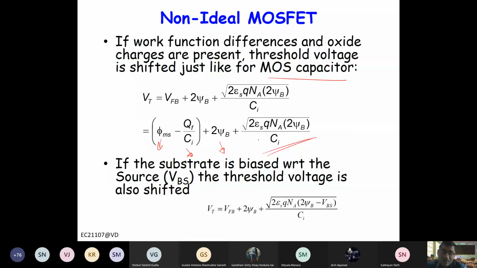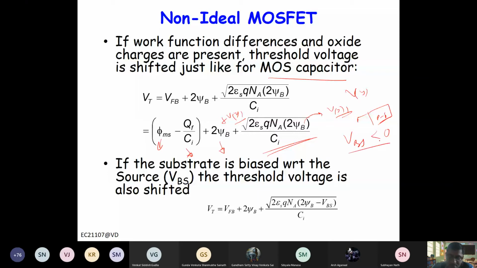depletion charge. Now, as we discussed, there is a channel voltage Vy, right? So you have plus Vy here, and you have plus Vy here. Similarly, if you don't have Vy, you have some body source voltage VBS, right? So between the body and the source there is a voltage, and of course this body source is biased. So for NMOS or p-type silicon, your body has to be negative. So VBS should be less than 0.